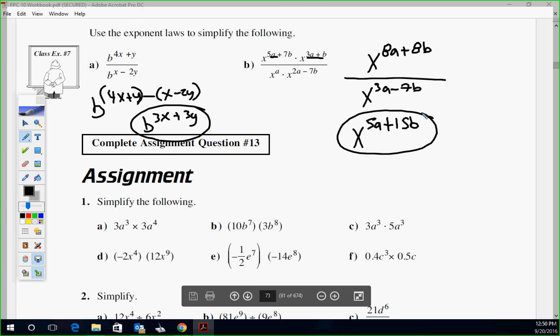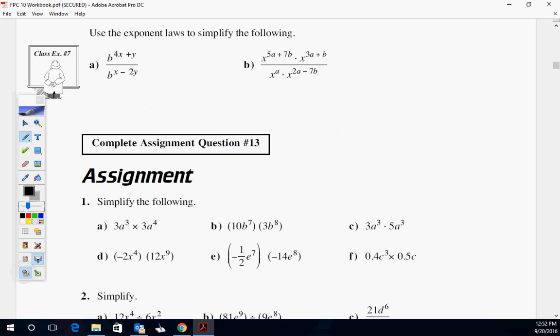Okay? Remember, don't overthink that. All that is just doing the same steps but with variables. All right? Okay, so you guys have